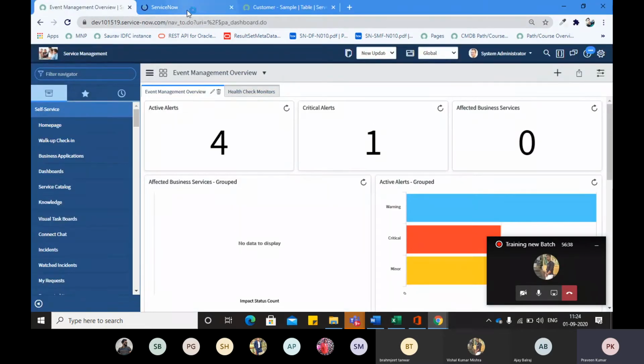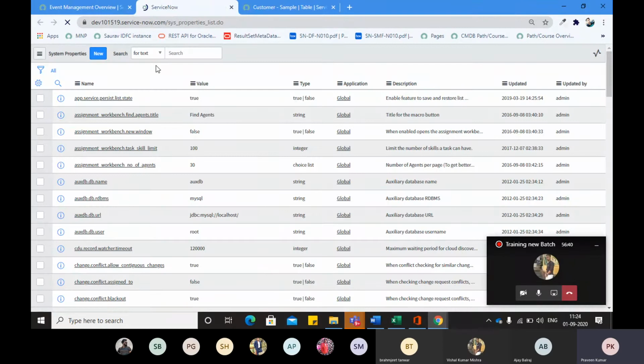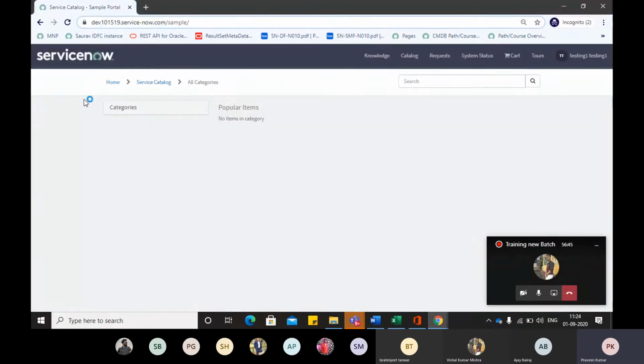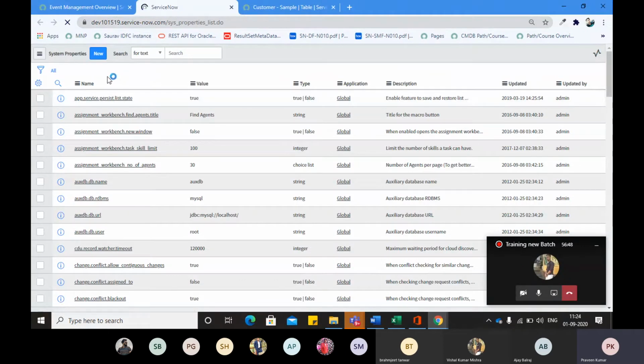For that I have to make a few changes. You guys will not have to do it, because I have configured this instance to do some different things. So that's why I have to remove some properties.